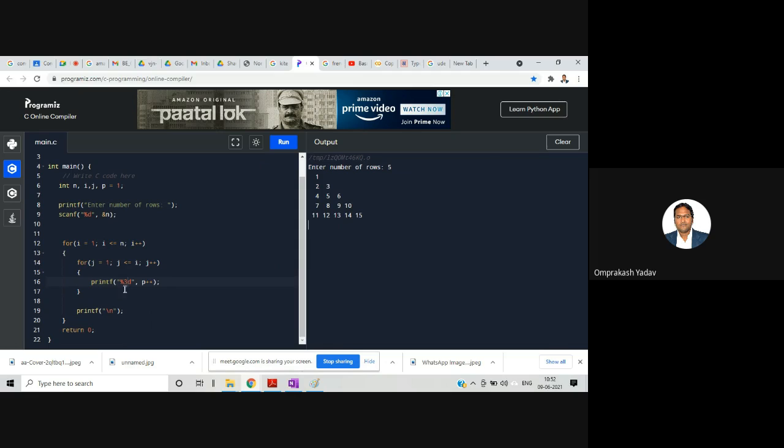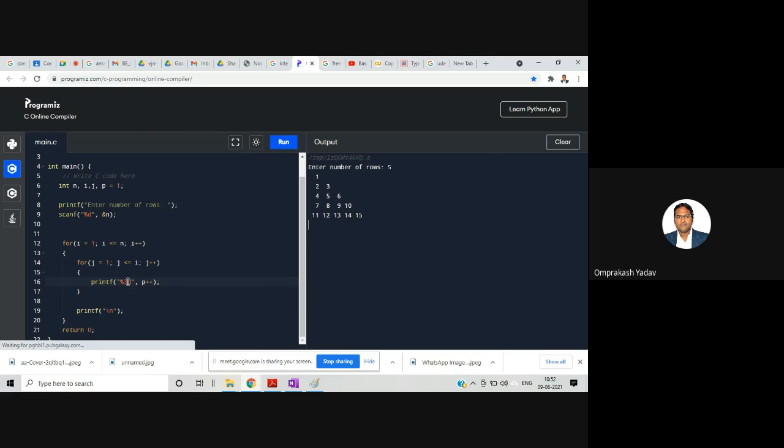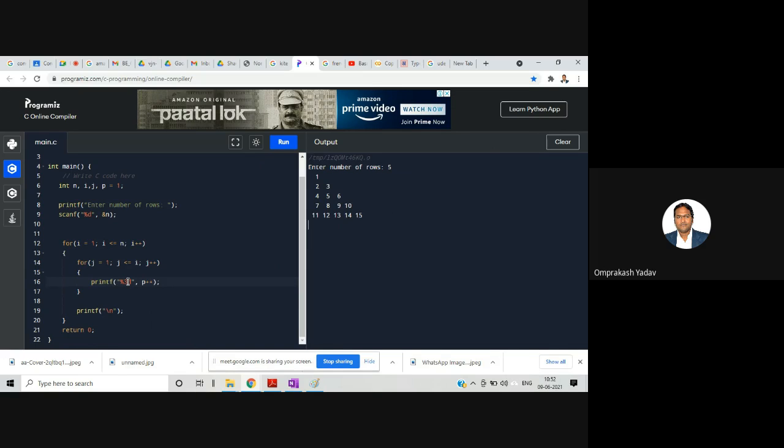What I did, I just wrote %3d over here. So I just increased the width for every digit to be printed. And I am getting the proper structure. So you can increase the width of this one. We'll be seeing all these things after this pattern topic, the different format printing options, that we're going to see.